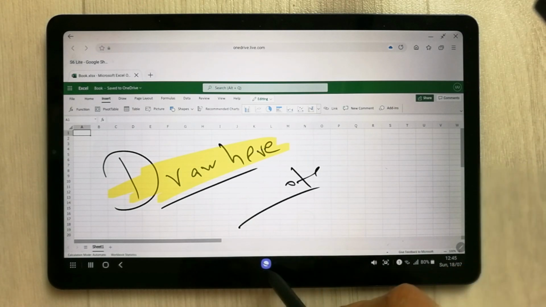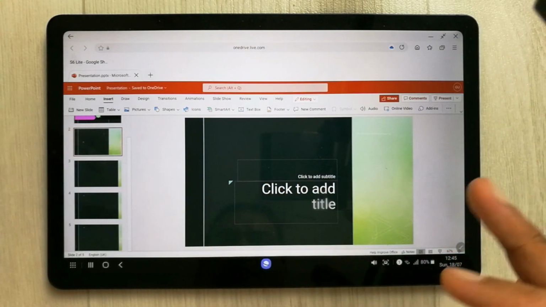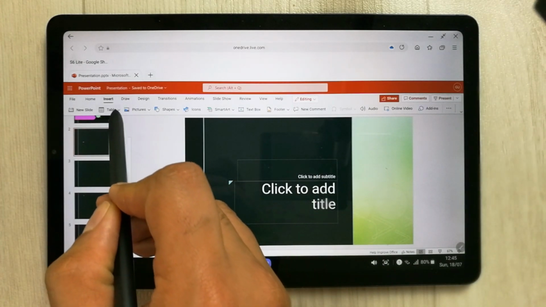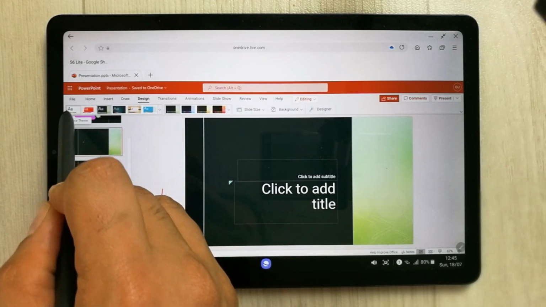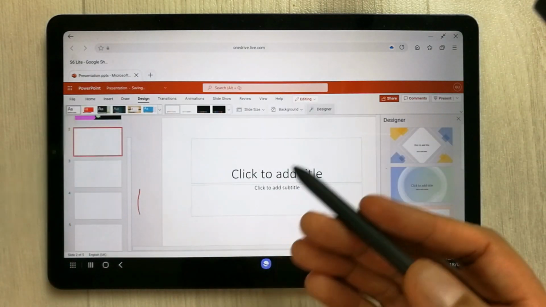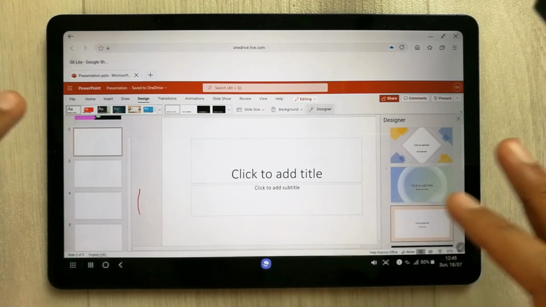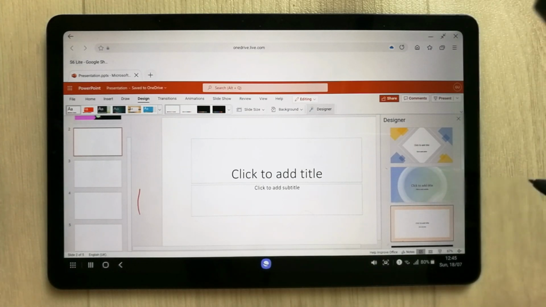The next thing is the PowerPoint, which we use as a student or as a teacher. So PowerPoint is also available, which is free. All the tools you can see over here. You can insert different tables over here. You can insert the templates, which is really important. So you can see you can insert all the designs. So designs are also available over here. So all the functions are working properly in the web-based version, and the good thing is you can store it because it gives you 5 GB of storage as well.